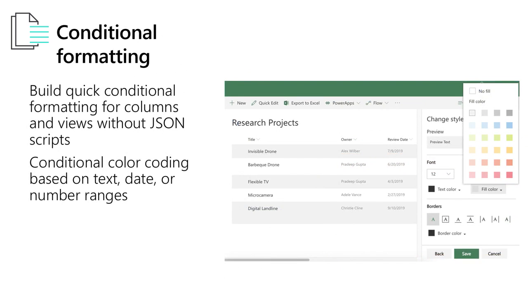And that formatting, we've added a new formatting engine to it, so you can add real conditional formatting, set up tests, set up borders, give you much more fine-grained control over how you want to add conditional formats. We still support the JSON formatting that we introduced a year and a half ago, so if you want to do even more advanced customization of the experience, you can do that by attaching a JSON format to any column or any view.